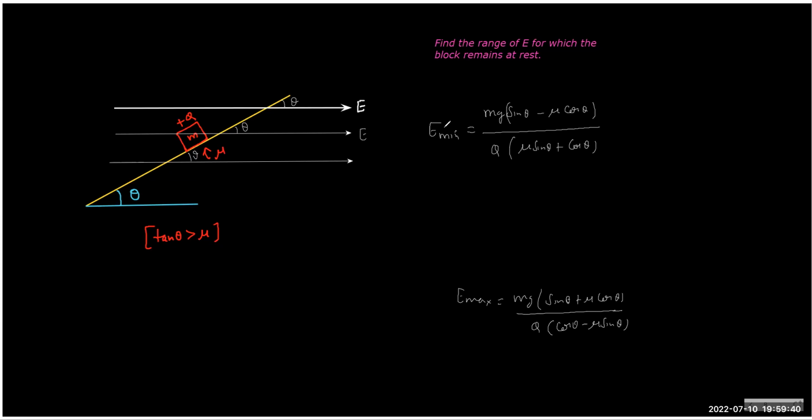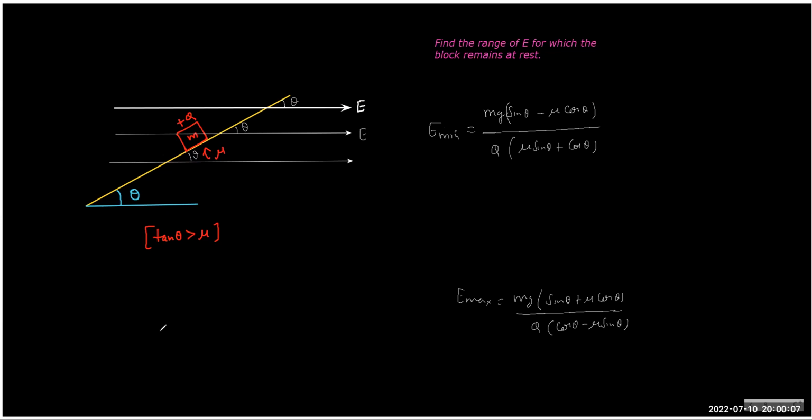So what we are supposed to write for minimum force, we have to just balance the net downward force equal to net upward force, right? Yes, but there is a catch. When the electric field is minimum, the tendency of the block will be to go down, and so the friction will act up. Understood? Yes. So I think it's not easy.